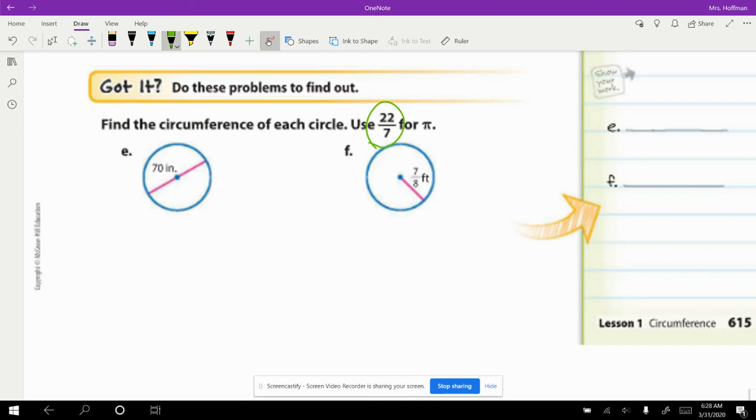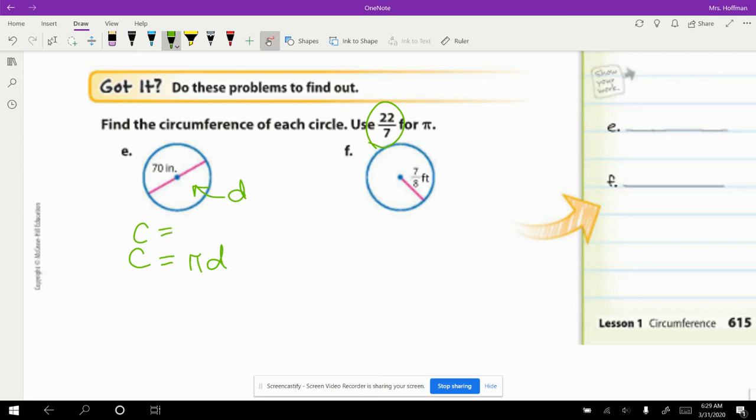So let's do this. If we have 70 inches, again, they gave us the diameter. So I want to make sure to clearly label that this is diameter. That means we're going to use the first formula, C equals pi times diameter. And then we're going to plug everything in. Circumference,